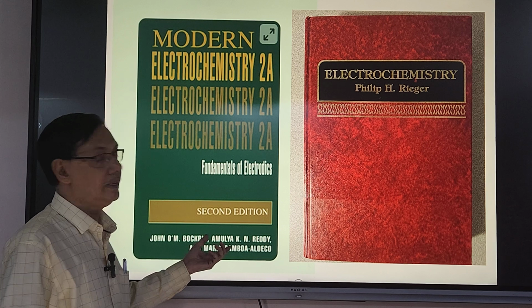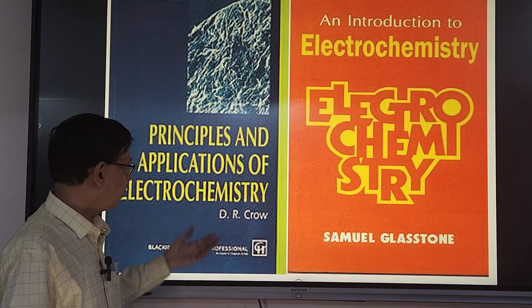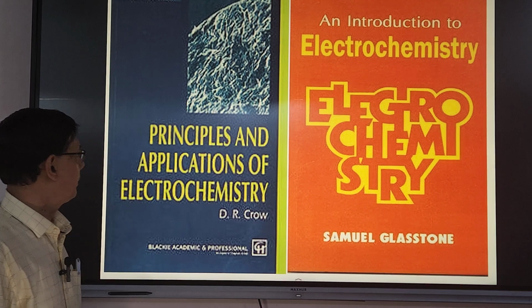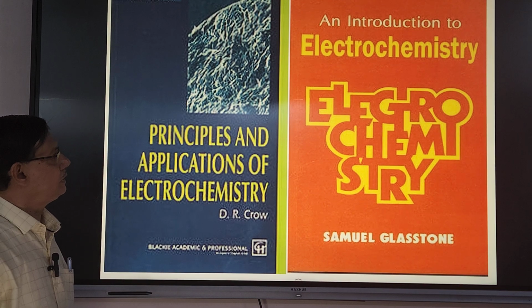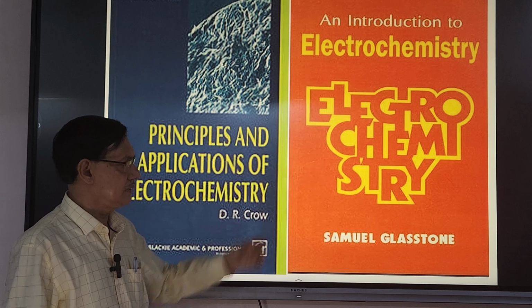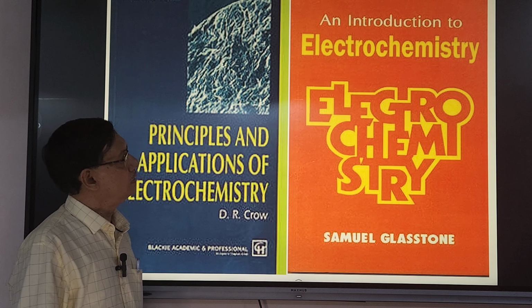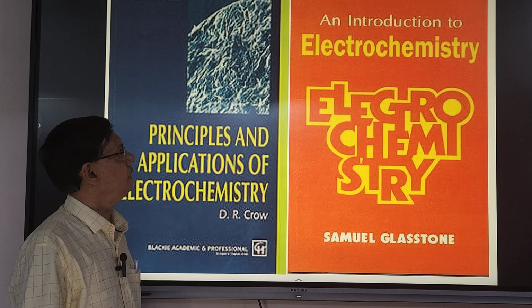So Bockris and Reddy, and of course Dear Crow is also a very good book, Principle and Application of Electrochemistry, and a very old book, I think for the last 60 years we have been referring to this book, Samuel Glasstone, An